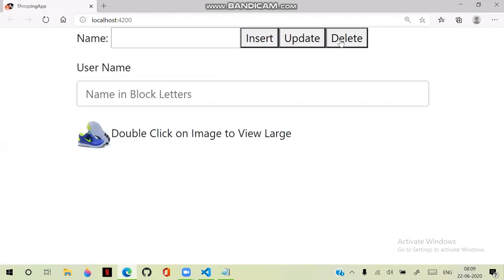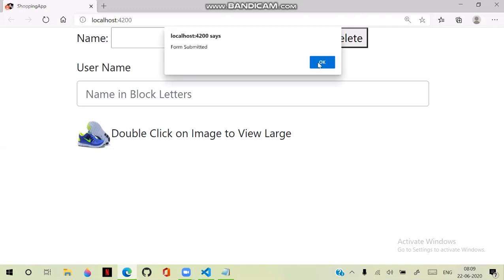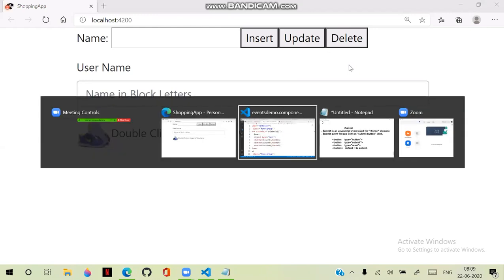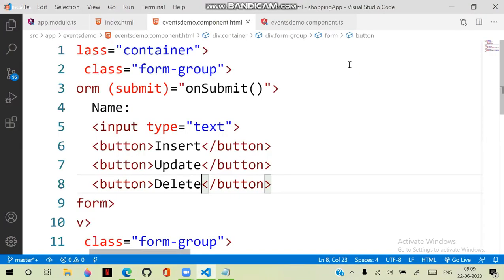Insert, update, delete. I click insert, form submitted. I click update, form submitted. I click delete, form submitted. But on insert, it should do insert functionality. On update, it should do update functionality. On delete, it should do delete functionality. Then how do we identify that? How do we manage that? So that means now I want the submit button to handle different